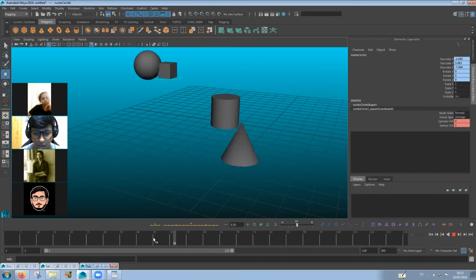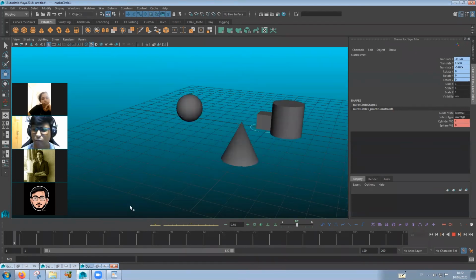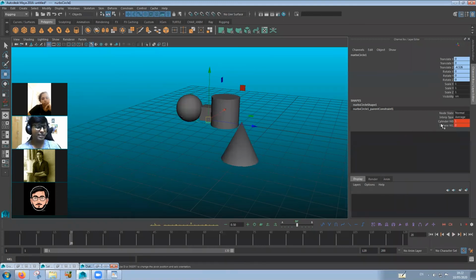Okay, so this is what I wanted to share with people, because a lot of people struggle with this sort of constraining. So I would suggest, don't keep more than 2 constraints on a single controller. You can if you have the confidence that you can handle it, but after a certain point of time it gets too complicated. So use multiple controls and multiple constraints, and plan your shot accordingly.